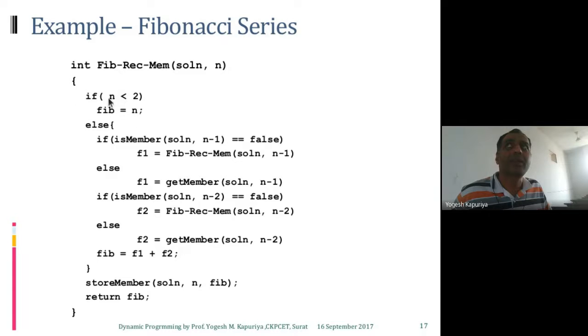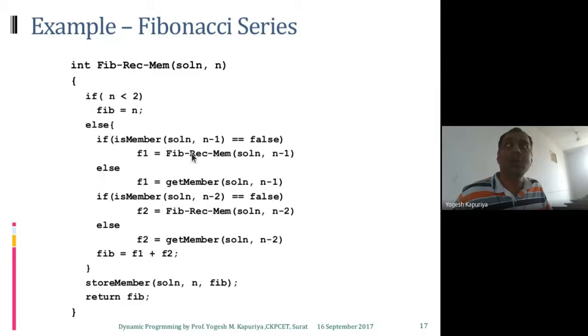First, obviously, if your n value is less than 2, then Fibonacci is equal to n. Finally, you are returning that Fibonacci only. So here we are not writing return n, here we are assigning it to some variable, and that variable is always returned once. That is the difference. Else, remember Fibonacci of n requires Fibonacci of n minus 1 and Fibonacci of n minus 2. But before recalculating it, see, this is calculation, right?